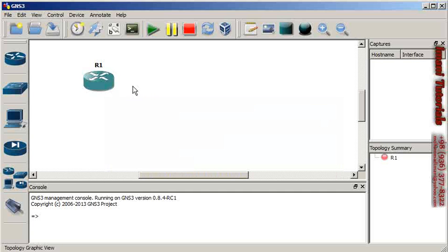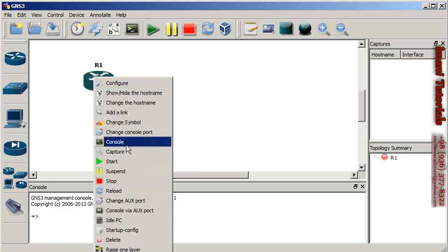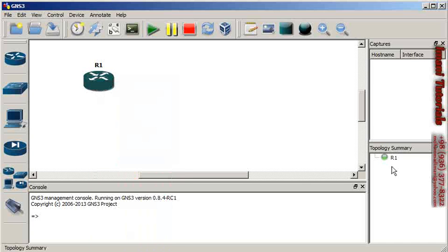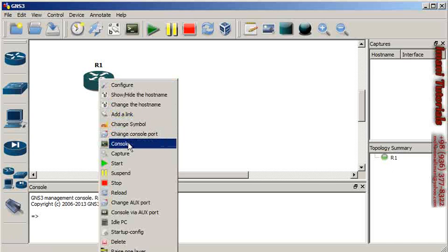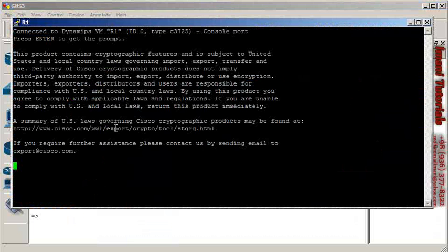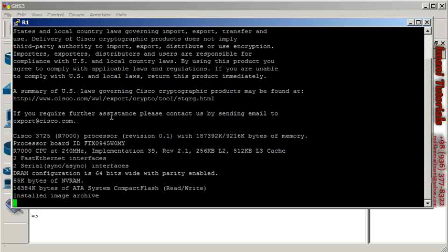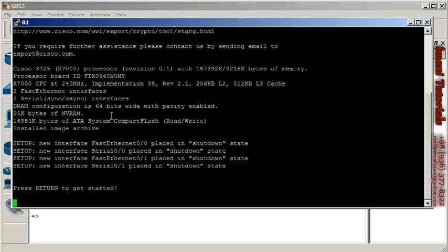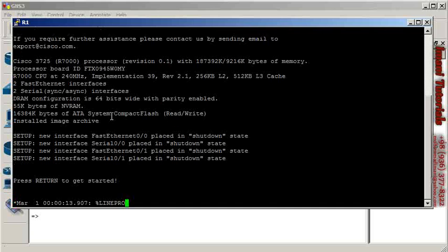Okay, now I want to start my router. I right click on my router and go to start it. This router starts, and you can see the sign on the right side gets green. Now I right click on router one and click on console. The console, that is a PuTTY window, opens, and you can see the router is booting. And after it boots, I hit enter several times, and you can see that